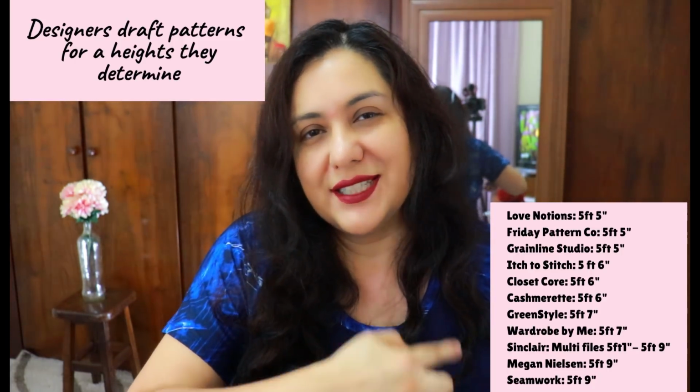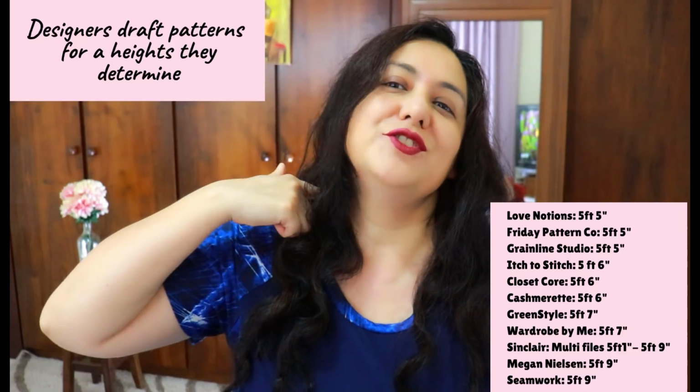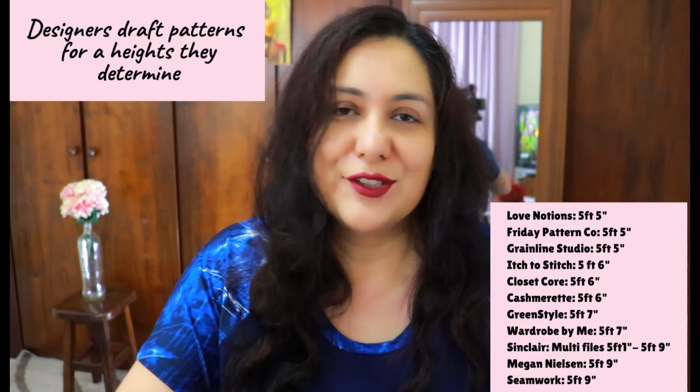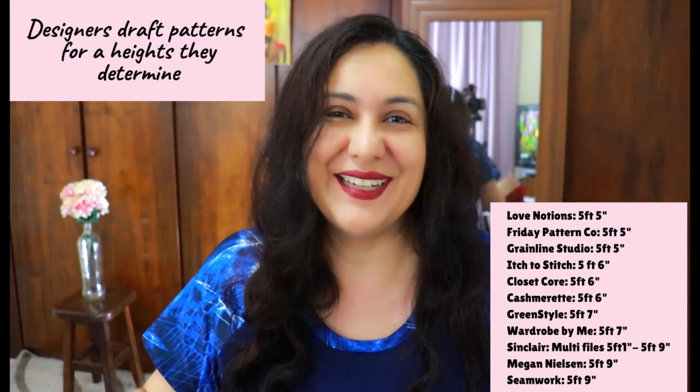Then your full bust, what's the difference in that height there, between your full bust and your waist, between your shoulder and your bust. All these vertical measurements are not accounted for in these patterns, and there can be so many variants. And it's not only about your height, there are so many different ways that our